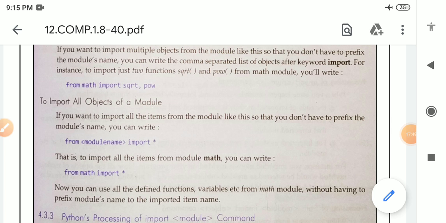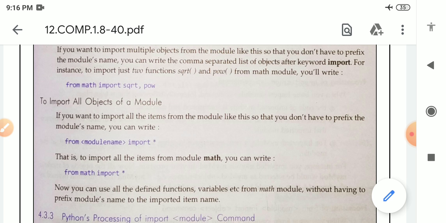We can also import all the objects which are present inside a module. To import all objects of a module so that you don't have to prefix the module name, what will be the statement?